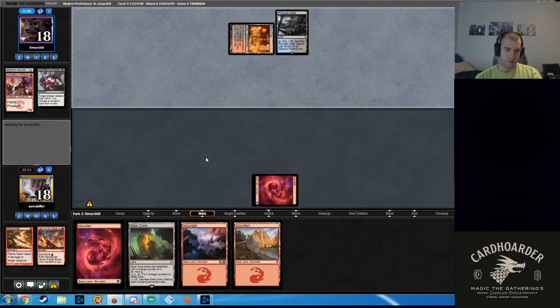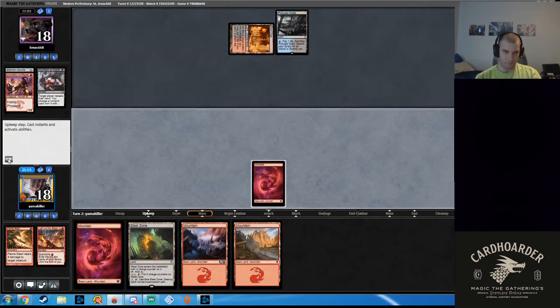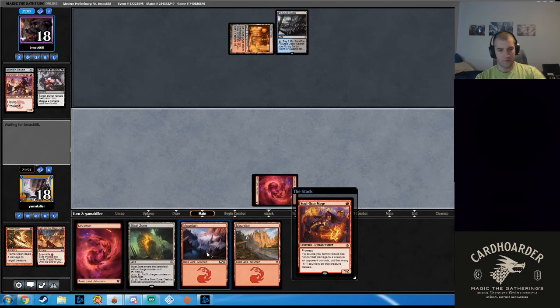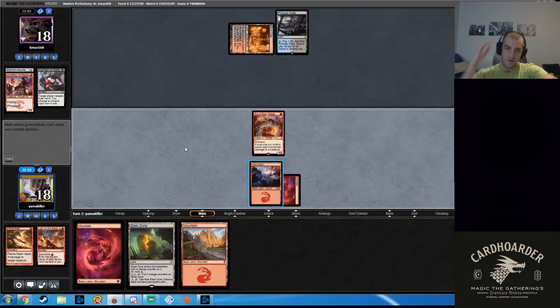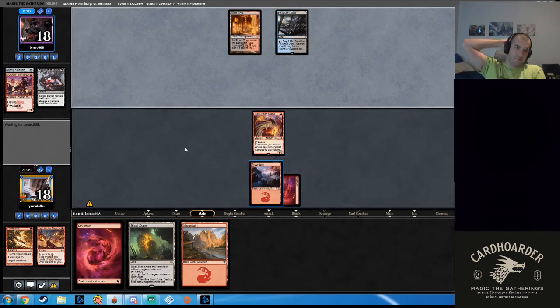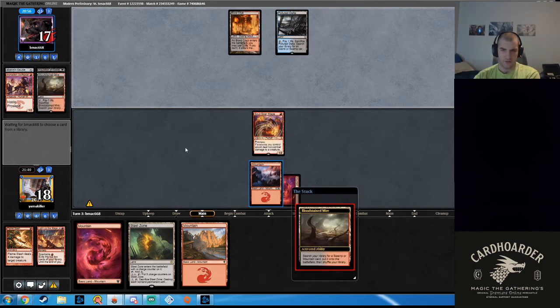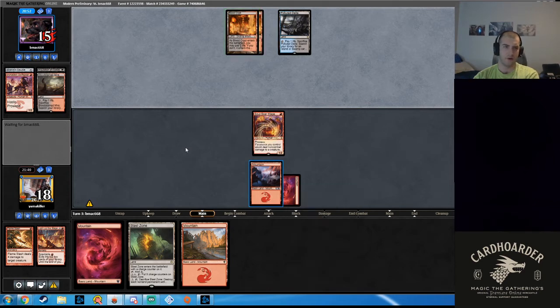Position. Okay, they take my Light Up the Stage. Play Soulscar Mage. Mountain. Pass the turn. Now a card that would be really brutal for us here is Kroxa. Basically every other card I don't feel that bad playing against. Kroxa would be a problem though, because